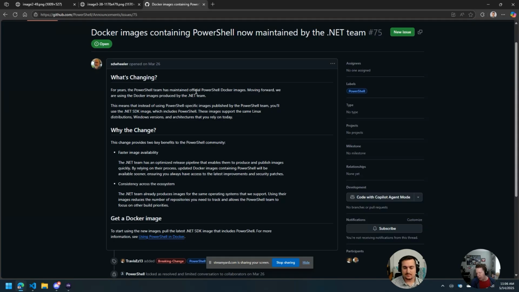So this has a couple implications, one of which is that there really isn't any kind of developed image for Docker that is more for the runtime aspect, where you just want to run PowerShell either in production or otherwise. And it also means that it's a little more difficult to figure out, if you want to pin a very specific PowerShell version, like you want to make sure you're running 7.4.2, or you want to know when the latest version is available. There's some difficulty in there. So I have a solution for that, which I'll get into, but I'm just going to back up